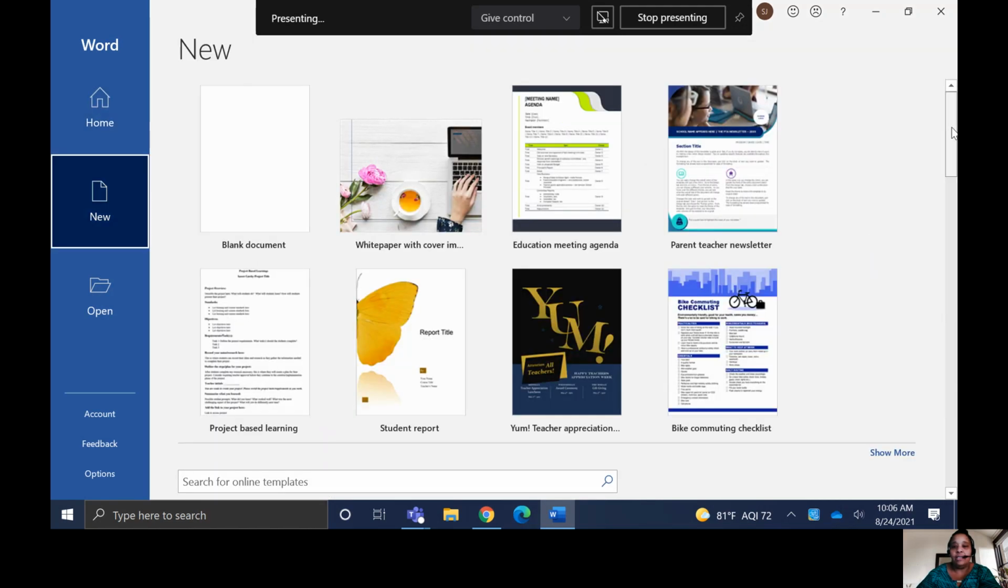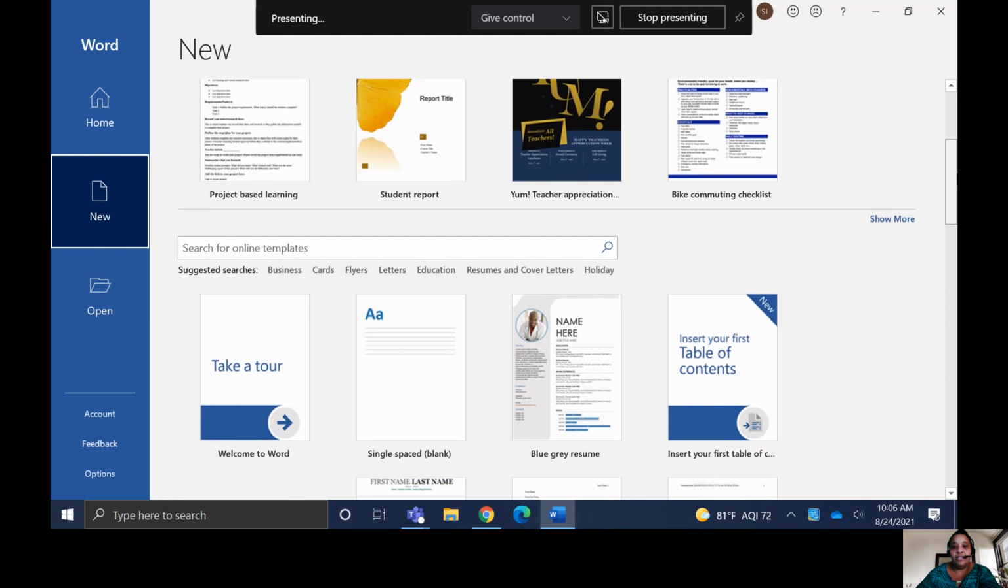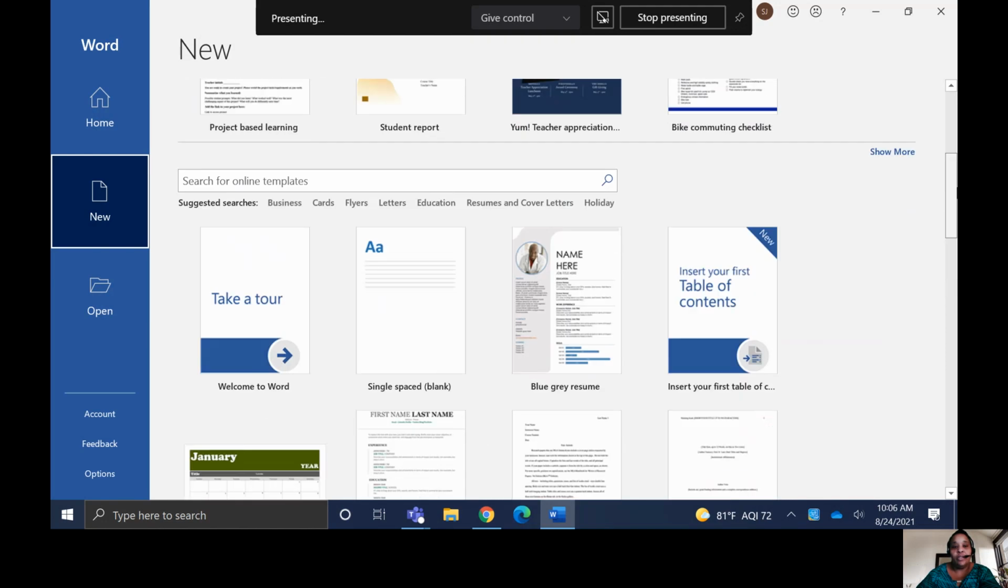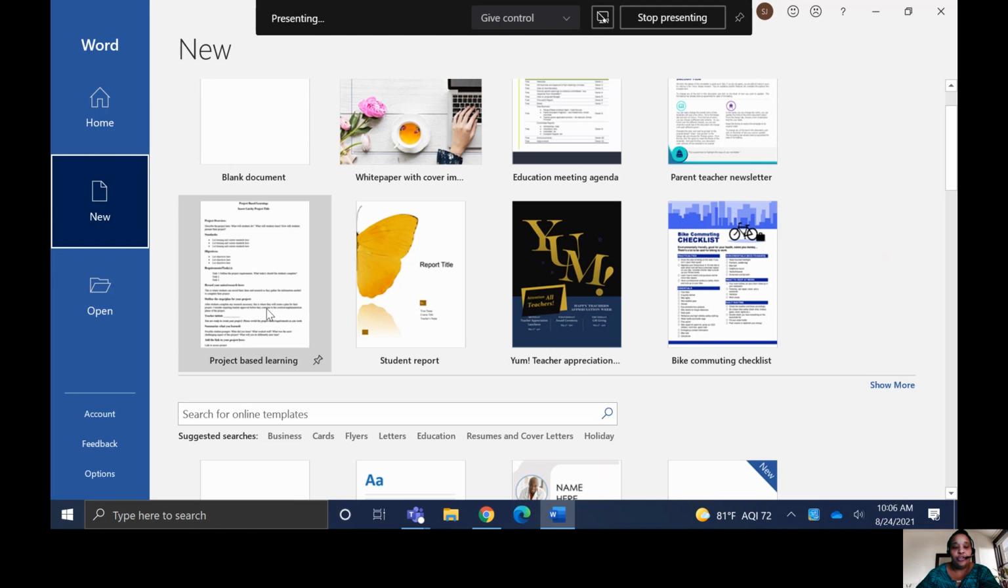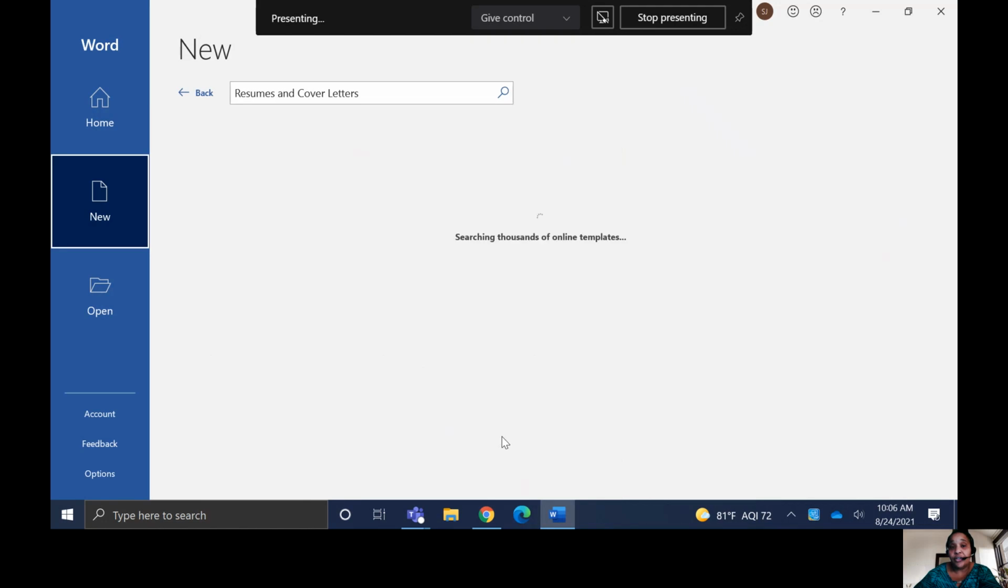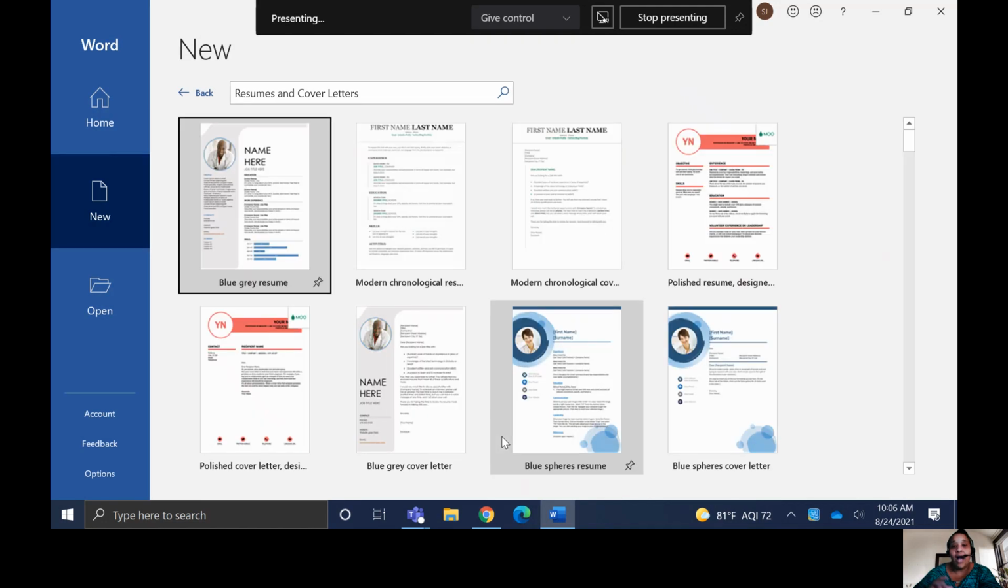Of course, you can get a list of the templates that are already installed with the software. Now you can do a search for online templates, which is a more vast database of different templates for Microsoft Word. And of course, you have the suggested searches down here. So say, for instance, if I wanted to do a resume or a cover letter, I just simply select resumes and cover letters. And then it's going to go out to